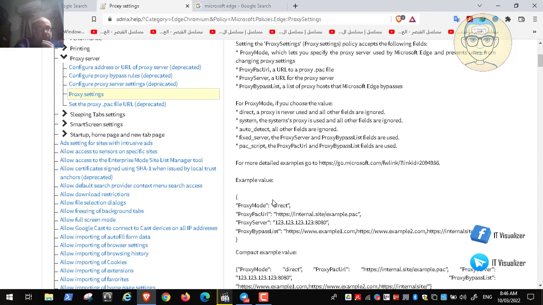For example, if we configured it as direct, direct means that a proxy server is never used. So we don't have a proxy server, it is never used. And this is the proxy PAC URL, I don't know what it is, and this is the proxy server. But actually this is not a good thing. Direct means that we will disable the proxy server anyway. So here it's giving us direct, it means a proxy server is never used and all other fields are ignored,